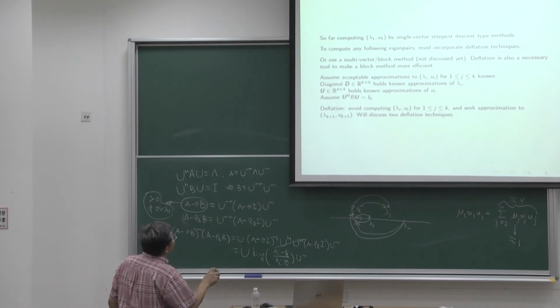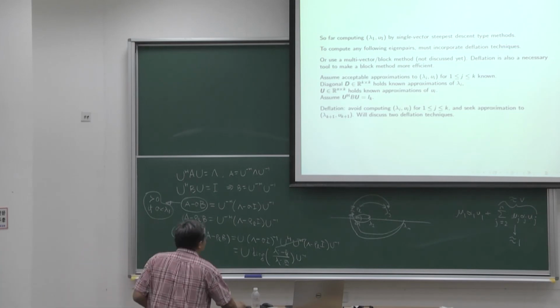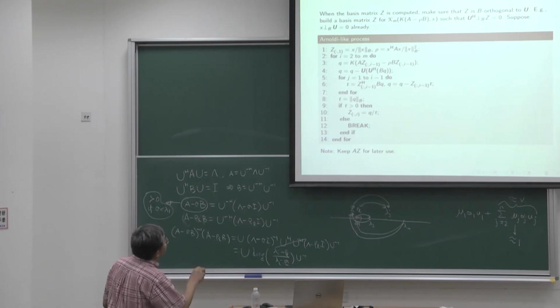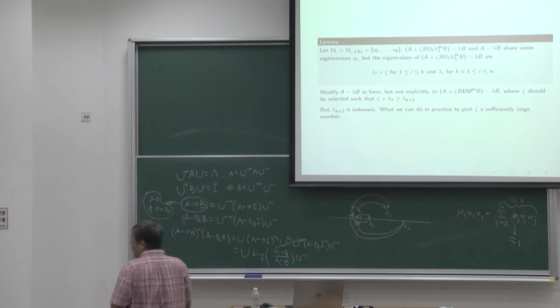So here, let's say we assume we already computed the first k eigenvalues. What do we mean by already know? So we symbolically put them into a diagonal matrix called D, boldface D, holding the eigenvalues, and boldface U holding the eigenvectors, and assume those you already know are B-normalized. All right. I'm going to just skip that. You can read afterwards. I'm going to talk about this shifting